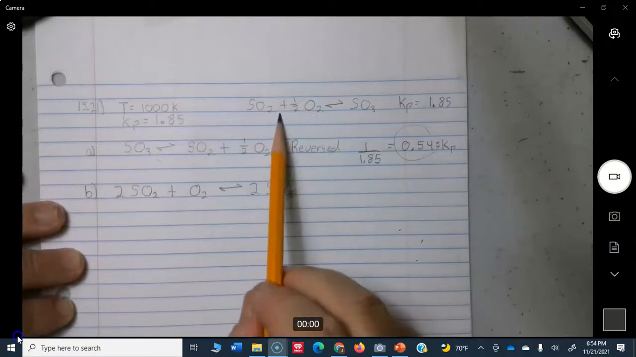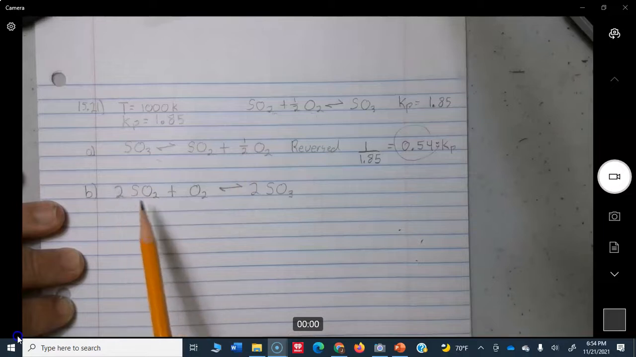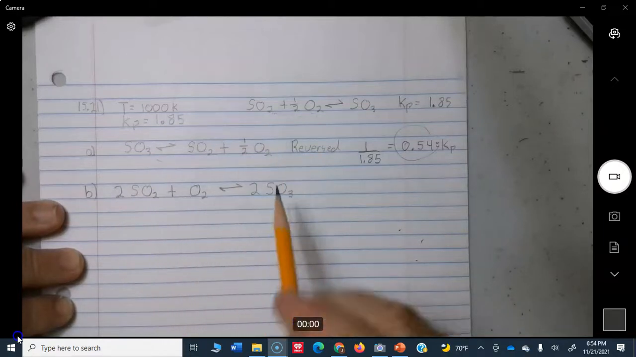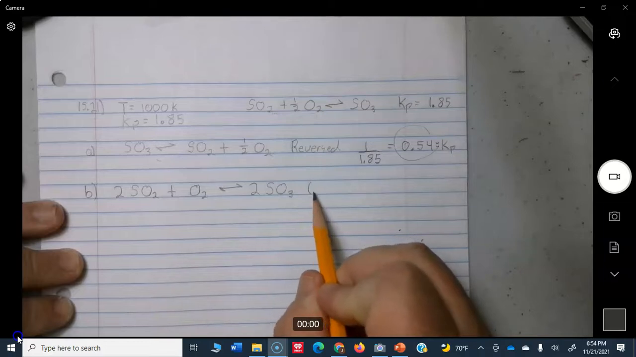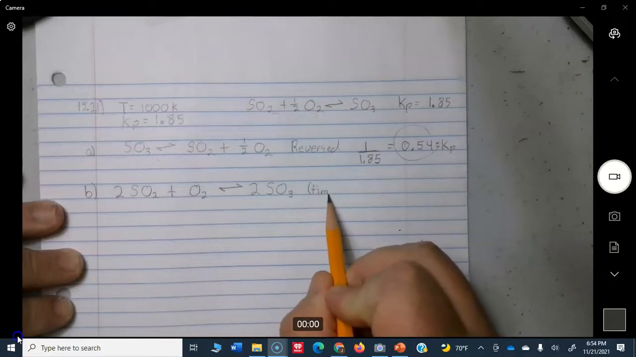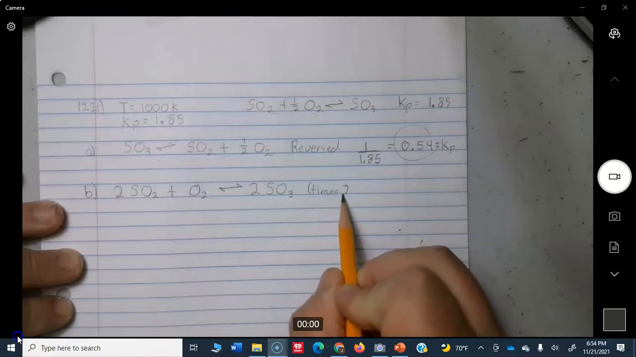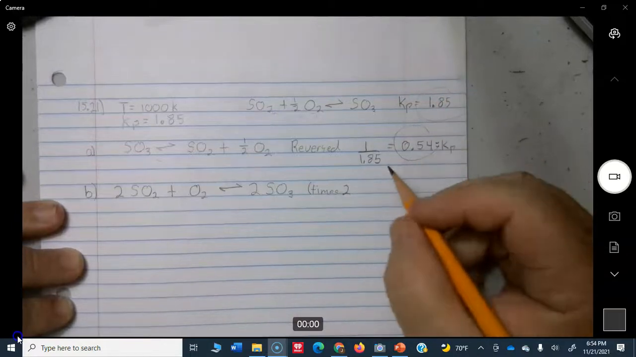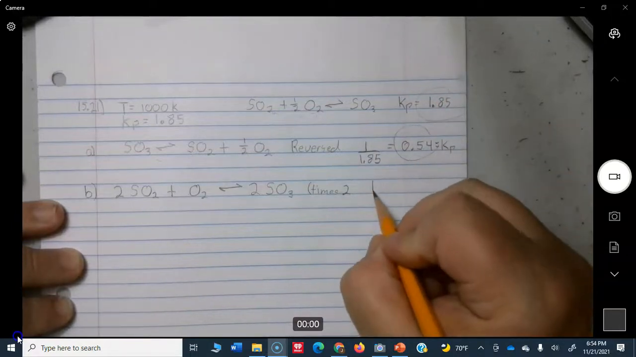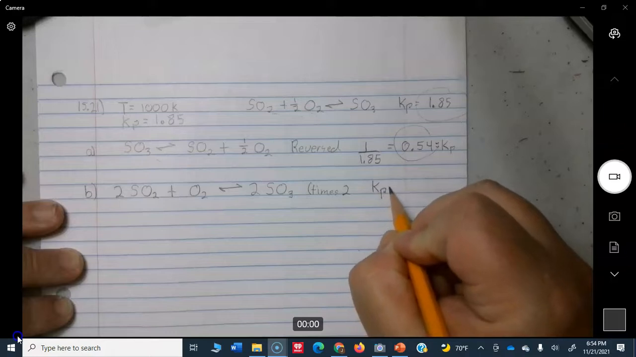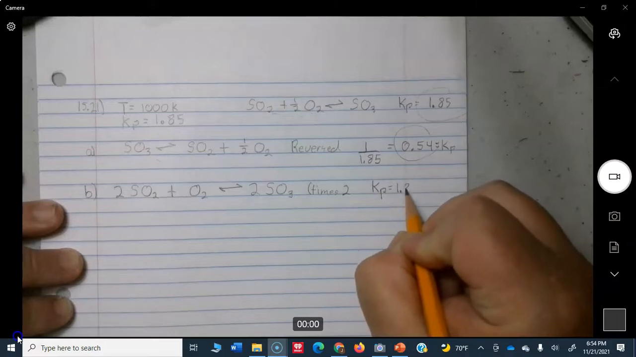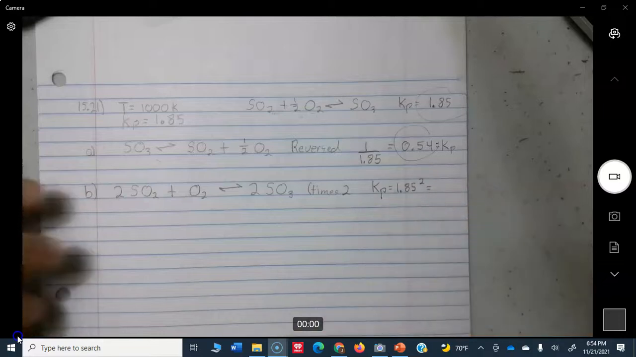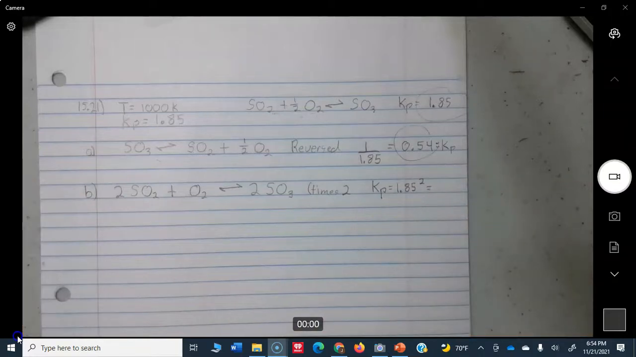Okay, so they took this reaction, the original reaction, and they multiplied everything by 2. So the 1/2 O2 just became O2. And so what they did is times 2. So what does that mean you do to the original Kp? What you do to that then is 1.85 squared. You raise it to the second power, and that is going to get you